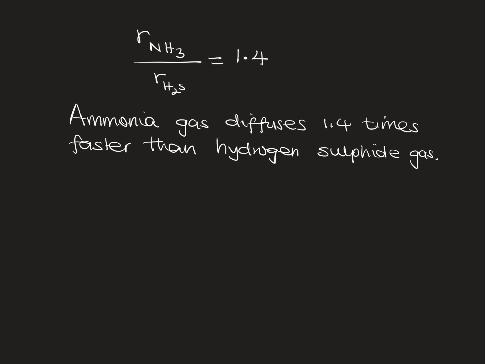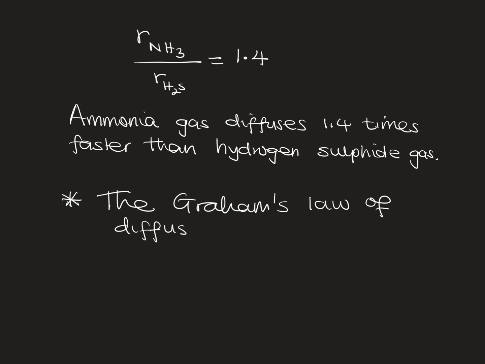And the law that is associated with this is Graham's law of diffusion. So if you are asked to state it, you have to state it completely. It states that at a constant temperature and pressure, the rate of diffusion of a gas is inversely proportional to the square root of its molar mass or its relative atomic mass. So moving on